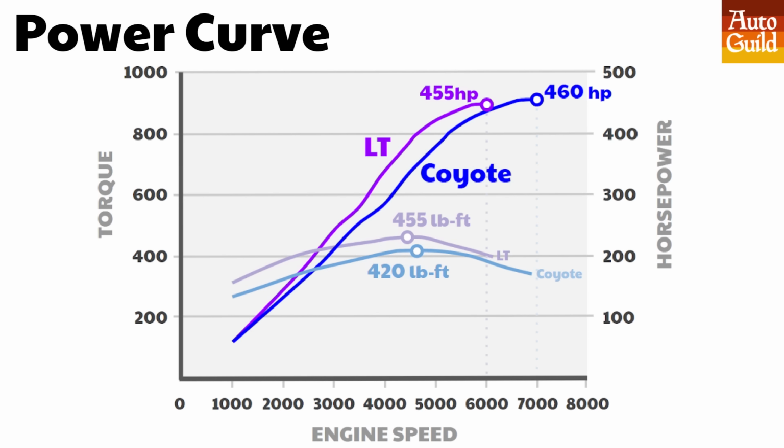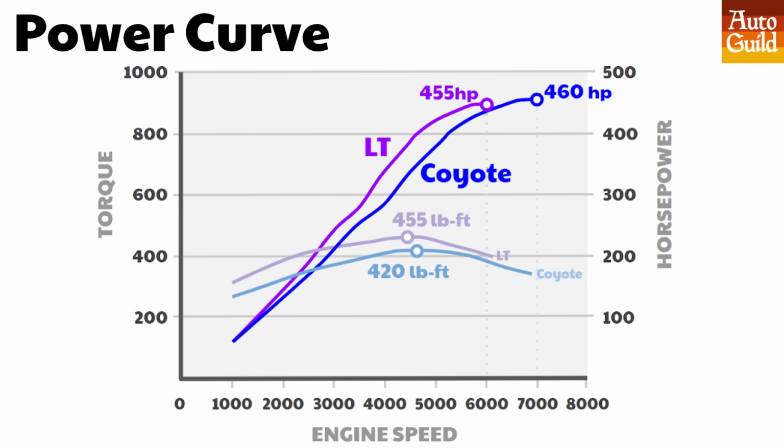The power curves on these engines are pretty different. The LT engine is relatively low revving. It makes peak power 1,000 RPM below the Coyote, which is good or bad depending on what type of driving, usage, engine character you prefer. The Coyote makes less torque as you would expect. It's a 5-liter versus a 6.2, but not much less, just 35 pound-feet, about 7% less torque. Coyote peak torque is, of course, as you would expect, a few hundred RPM higher than the LT, but again,